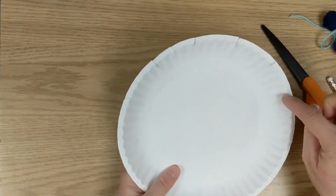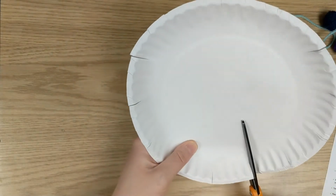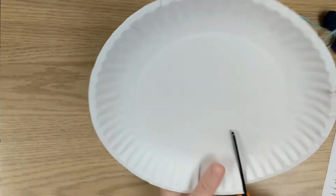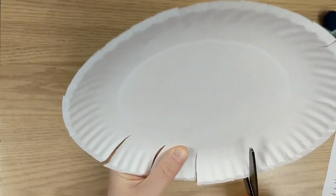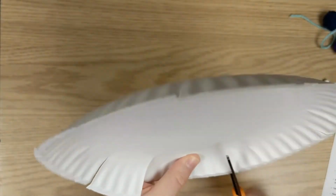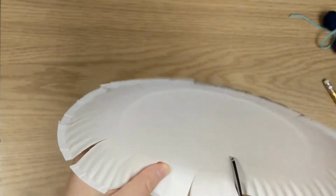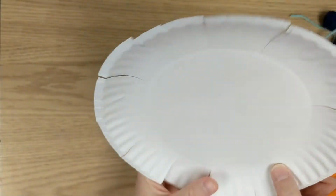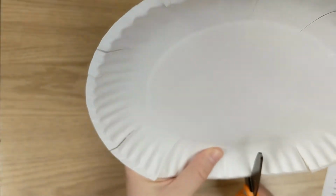This is where we're going to cut to. So these original slits that we cut were just to mark it. Now we're going to take our scissors and cut all the way down to that circle. So you'll see that circle line. I'm going to cut these slits all the way down. So make sure your slits stop right at the circle line, because that circle is what will be the base